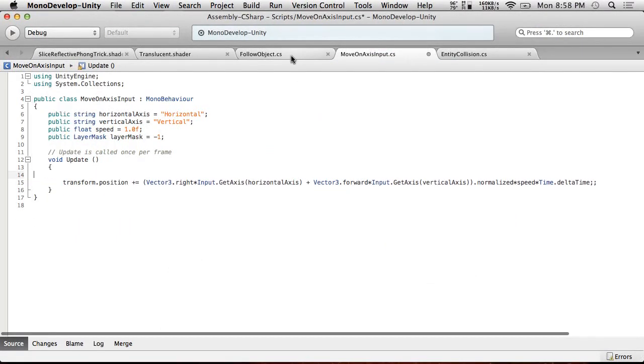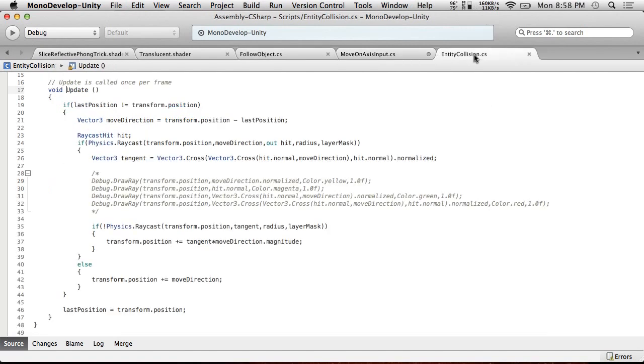Okay, to the other script. Our movement script is allowing us to move into the collision, and this isn't pushing us back out. Yeah, so we need to actually use the previous position instead of transformed position. Somewhere like here, it needs to be transformed position equals previous position plus tangent times